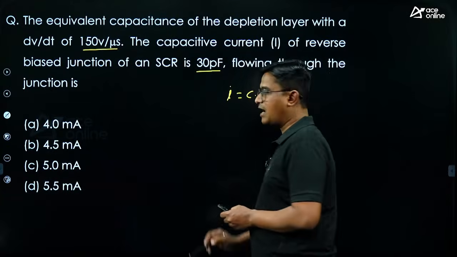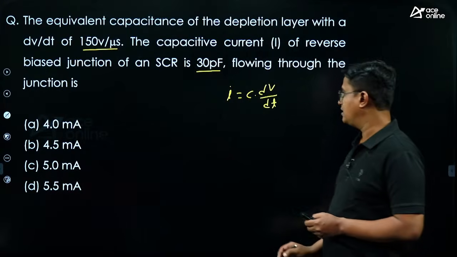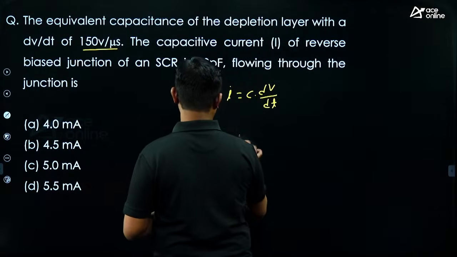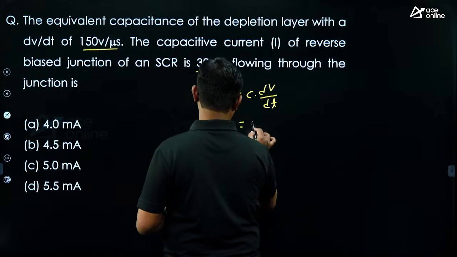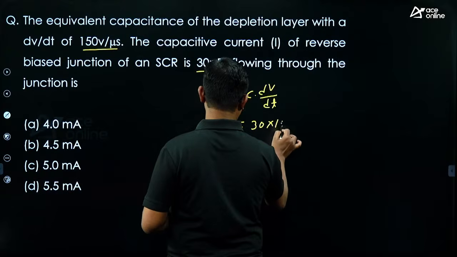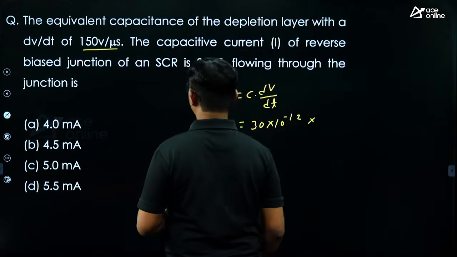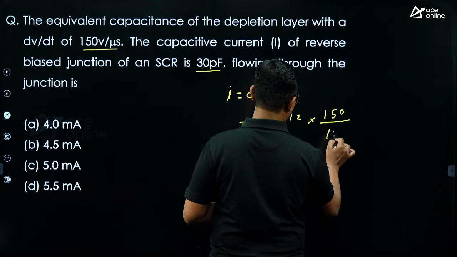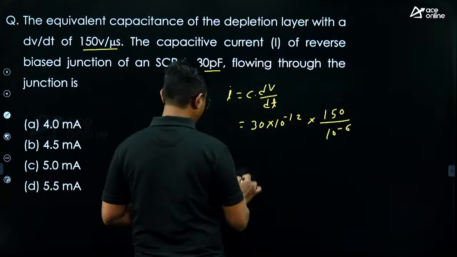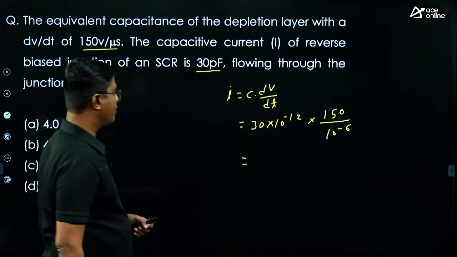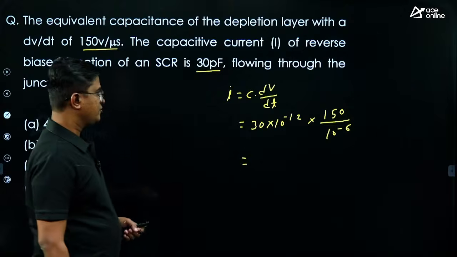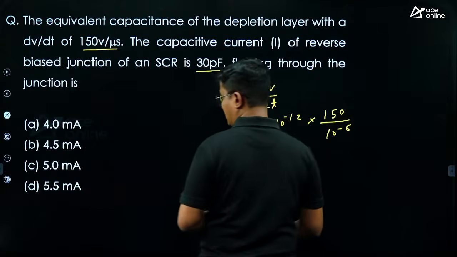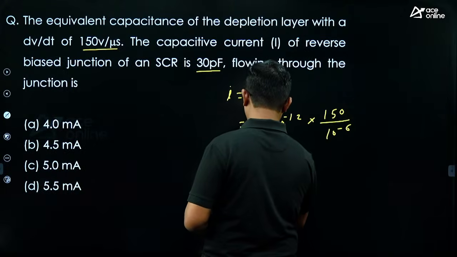Now here capacitor value is 30 into 10 to the power minus 12, into dV by dt, which is 150 upon 10 to the power minus 6. So simplify this, you will get the value of the current, right? So you will be getting it as 4.5 milliampere,